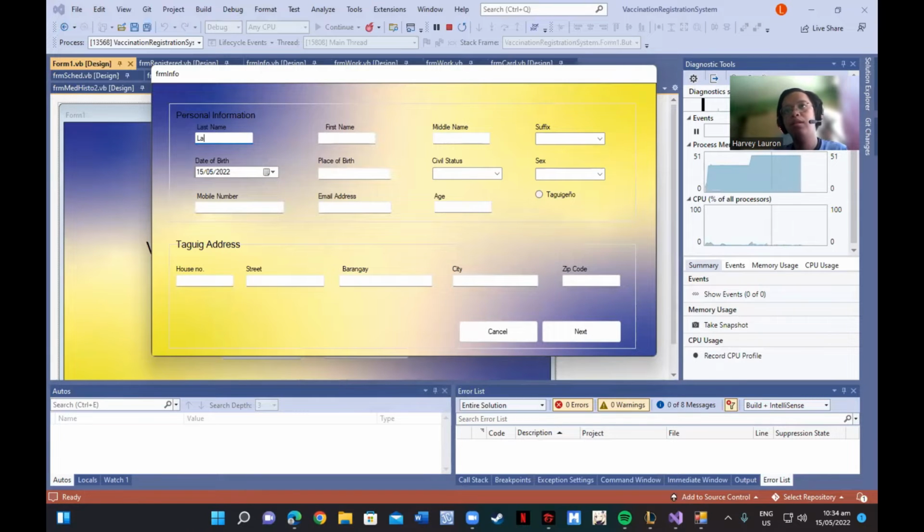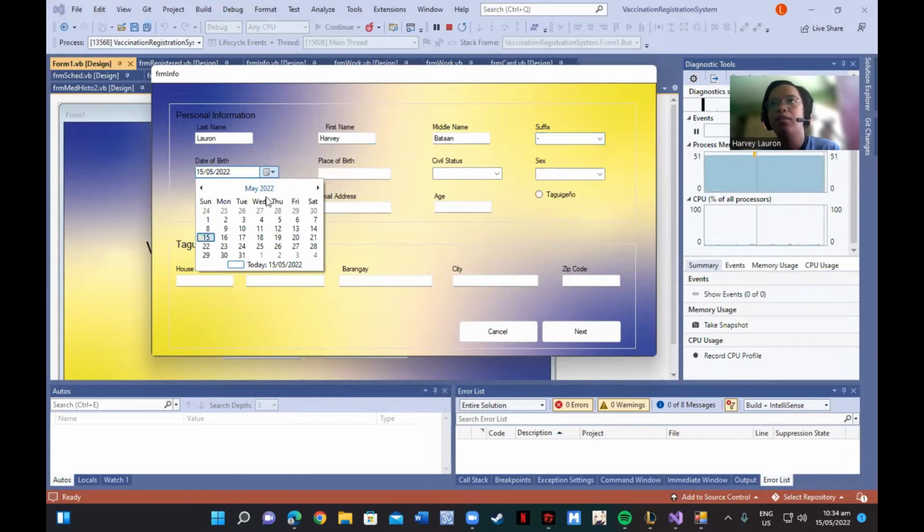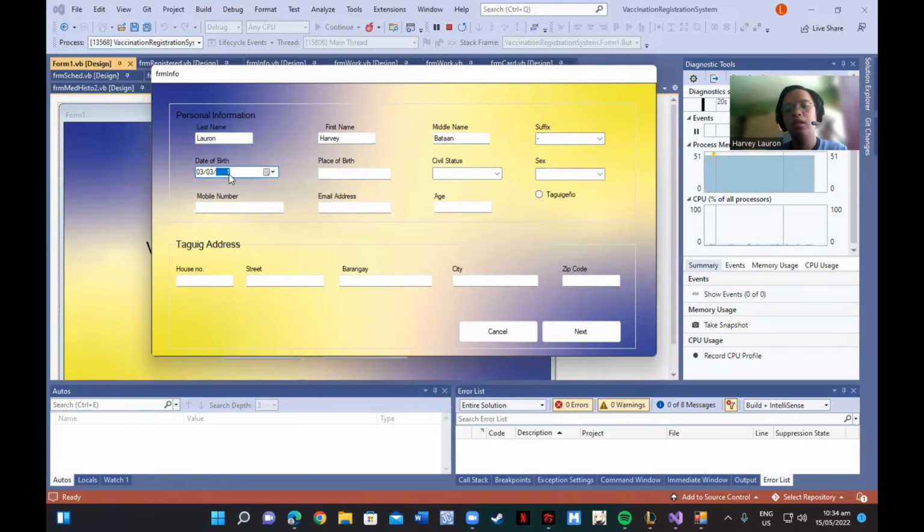Last name is example Lauron. The middle name is Patang. In this suffix, if you have no suffix, you can choose this hyphen, and then birth date is March 3. Place of birth, the gig, then civil status is single, sex is married, and then mobile number is